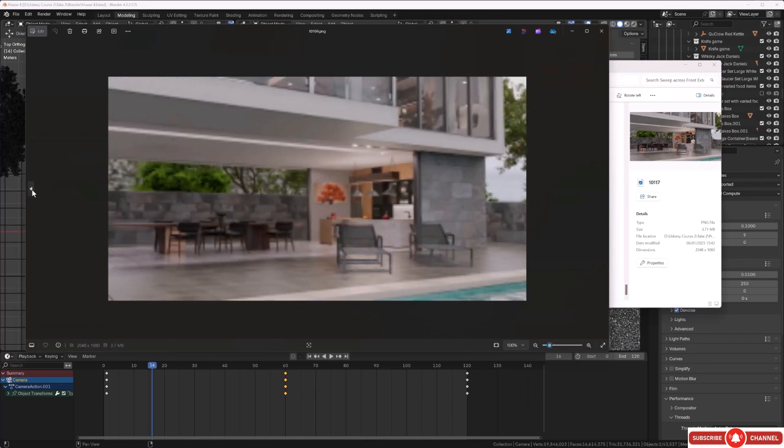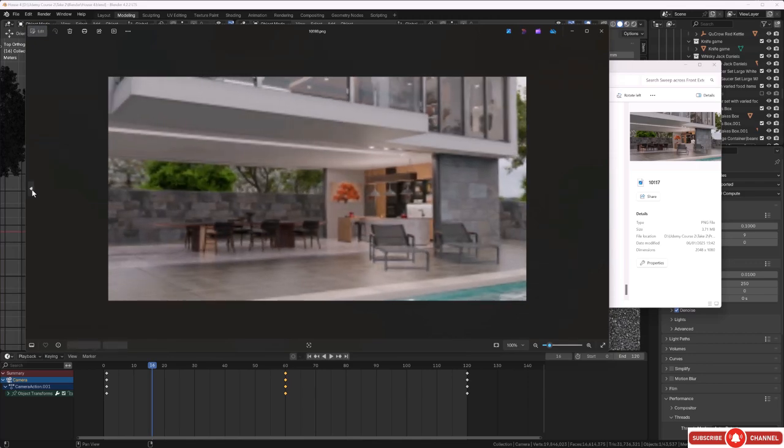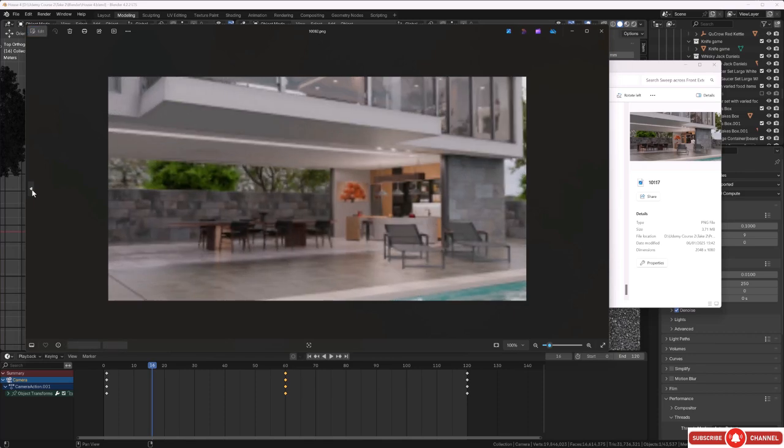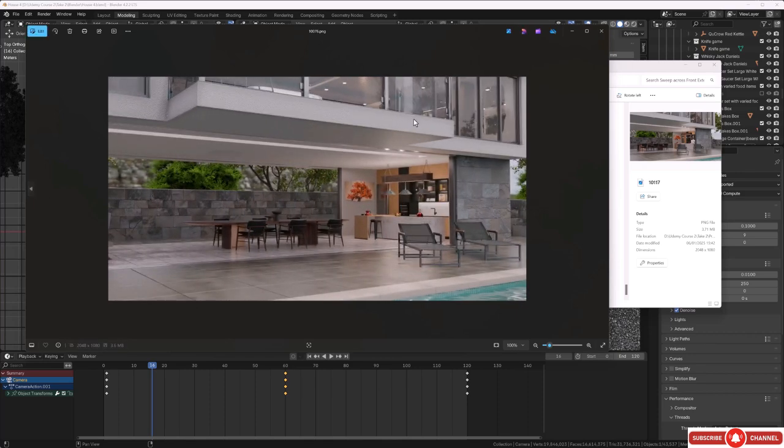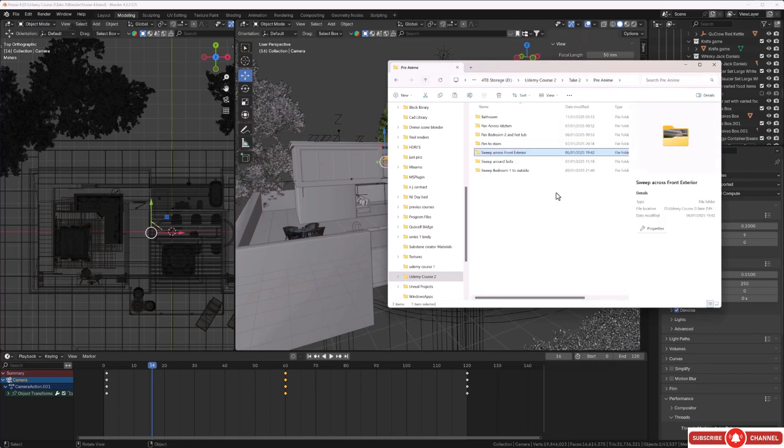Can my computer handle that? It's asking a bit much, but yeah, it sweeps across the front of the property, and that's a really nice view. I like that one. So we've got that, and you've got your own versions, of course, so it'll be interesting to see what you've got. But I've got a bathroom one similar, and I've got pan bedroom 2, and I've got sweep around sofa